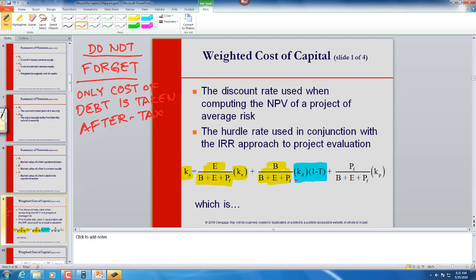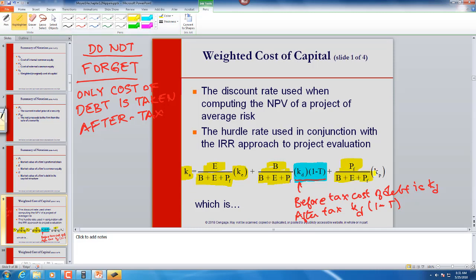As you see here, KD after tax, you call it. You take KD, you multiply it by 1 minus the tax rate. Then, of course, finally you have